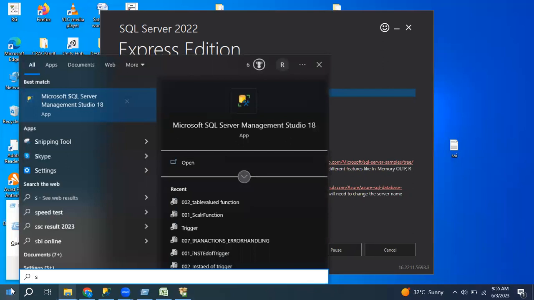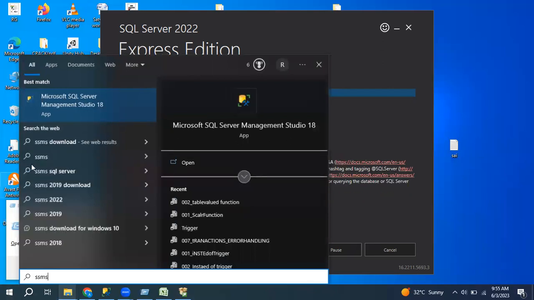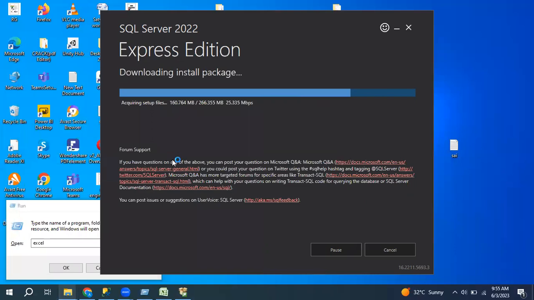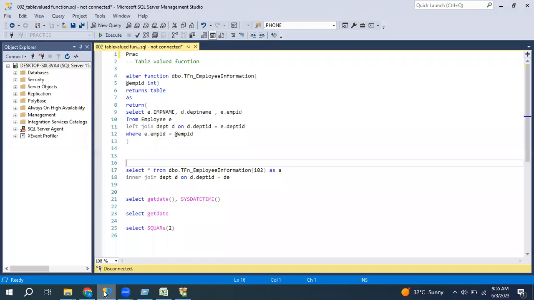Like this, it will show Microsoft SQL Server Management Studio. I'm downloading 2022, but already in my system I have 2018. I'm double clicking this. See, it looks like this.